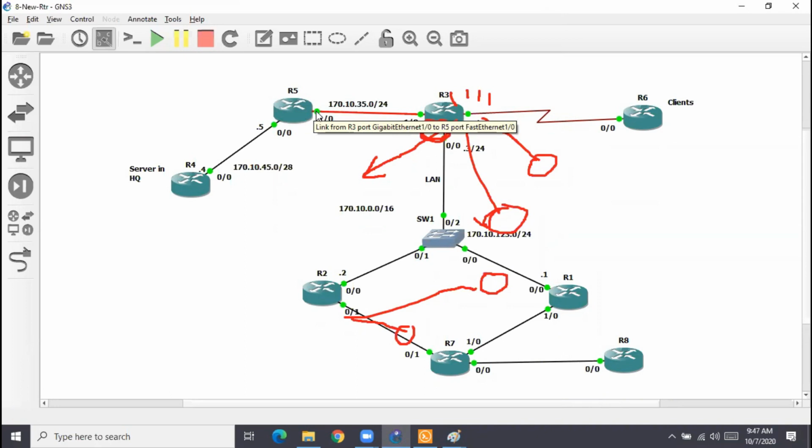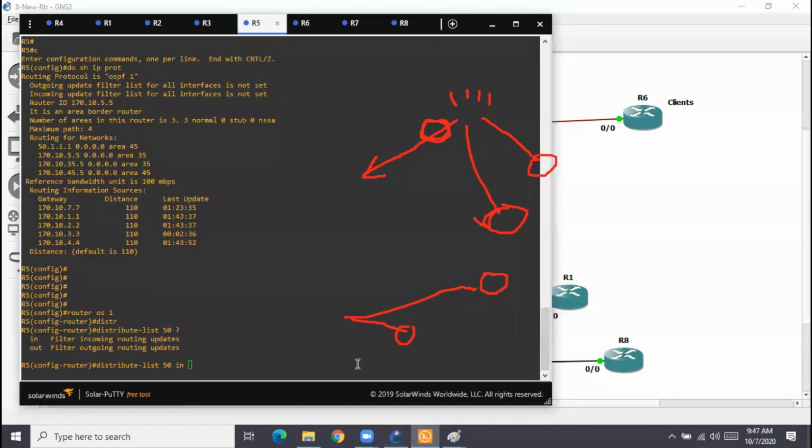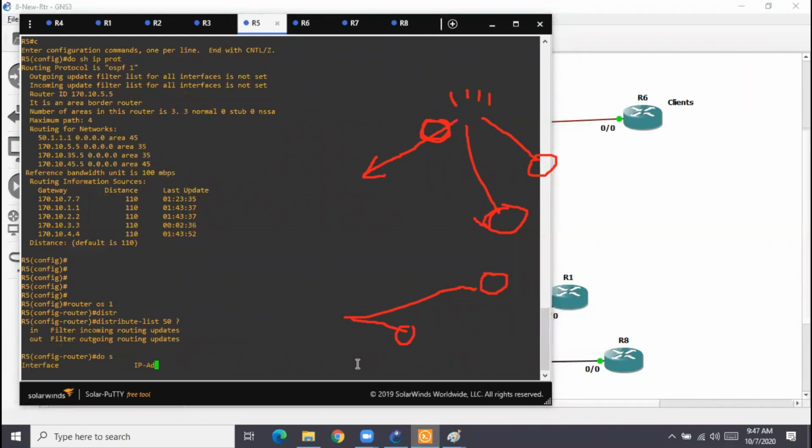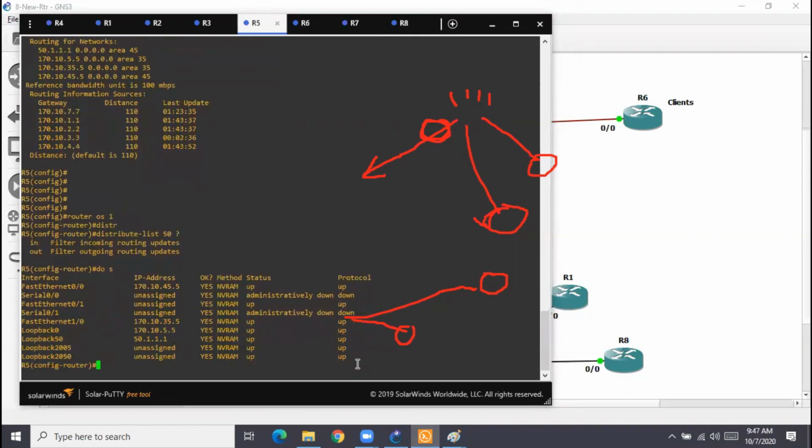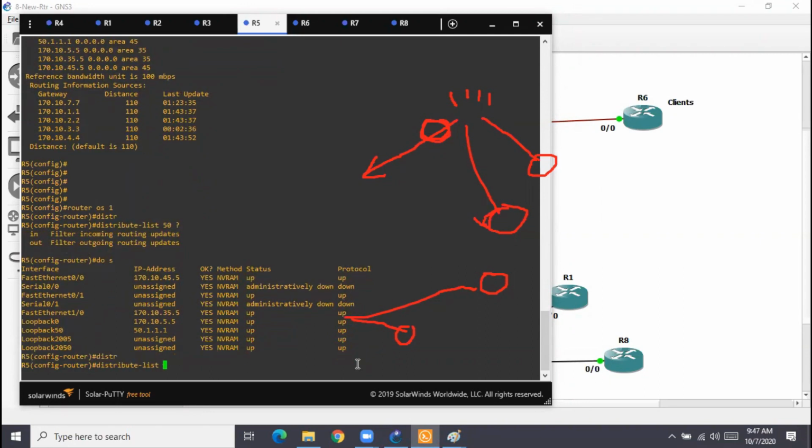No, R5 is FastEthernet 1/0. Or I can check on R5 itself before doing this. Do show IP interface brief. What's the link towards the 5.3.5 subnet, third octet? It is FastEthernet 1/0. Okay, always better to confirm.